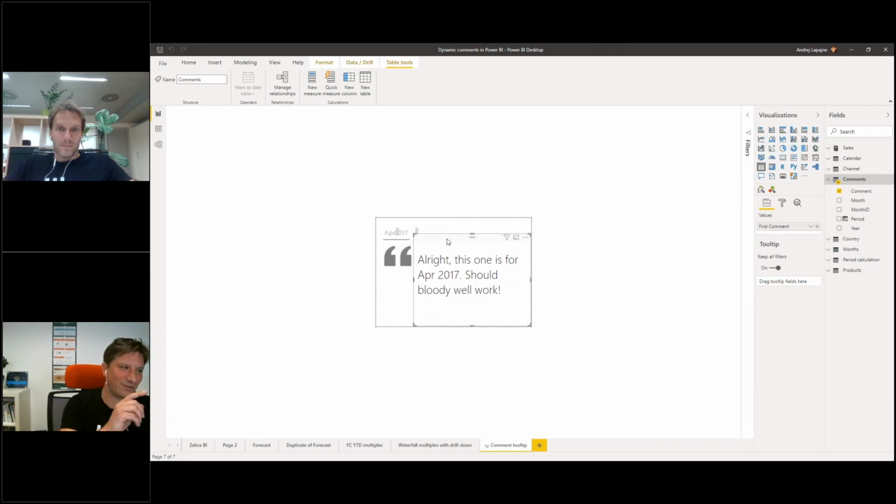Or a very interesting option, use a smart narrative here again. If you have it already, use the smart narrative, put in the comments, put in some dynamic stuff and so on, and you'll be able to create a really great looking custom report page tooltip. Then go back to your page,